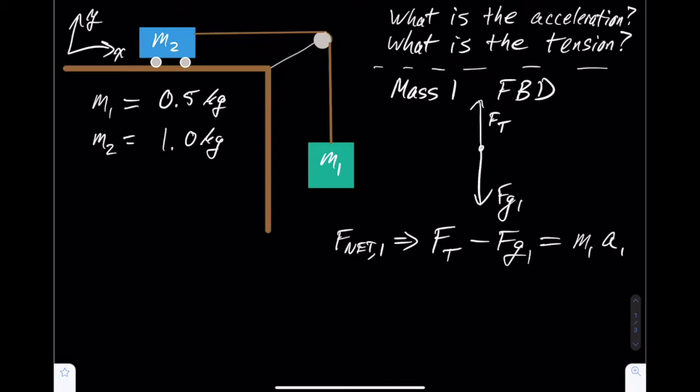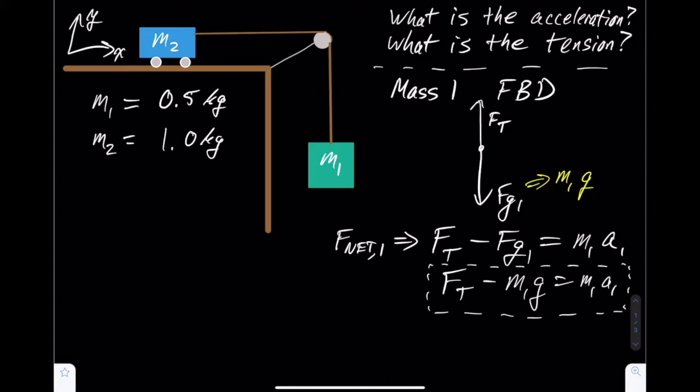and really should label this F sub g1 because there's going to be a different force of gravity on the other object. Now, a lot of times I even like to skip the step of writing F sub g because I know that I can always calculate this directly, and it's just going to be m1 times g. And using that just makes my notation a little bit cleaner. Okay, so that's an equation that I can use that I got from looking at the free body diagram of